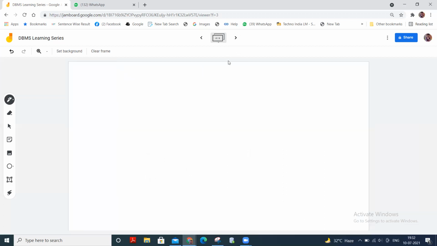In the next part, we'll do the foreign key or FK. So foreign key means a relation schema, say R1, derived from an entity relationship schema may include among its attributes the primary key of another relation schema, say R2. And this attribute is called a foreign key from R1 referencing R2. Okay, the relation R1 is called the referencing relation of the foreign key dependency, and R2 is called the referenced relation.